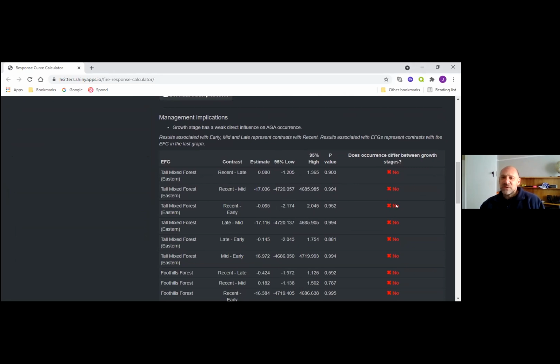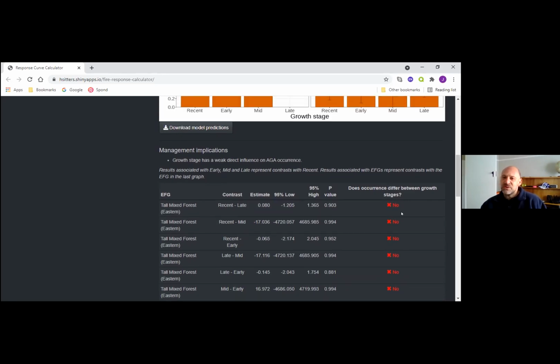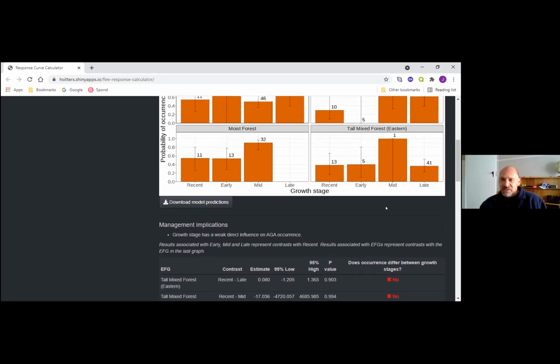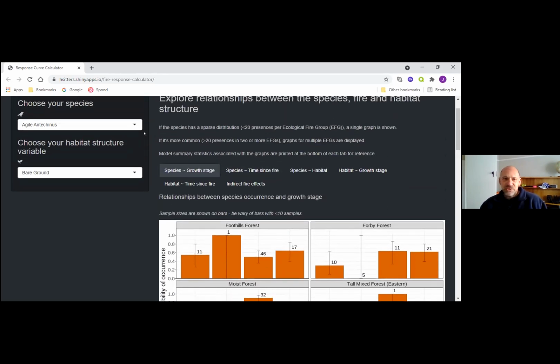And we've used a traffic light system. On the right-hand side, you can see some red crosses. So we've used the traffic light system so users can easily determine whether there are statistical effects or not. So red crosses indicate no statistical effect. Amber represents some evidence for an effect, and green represents a strong statistically detectable effect. So I'd just like to show you an example, and I'm going to choose